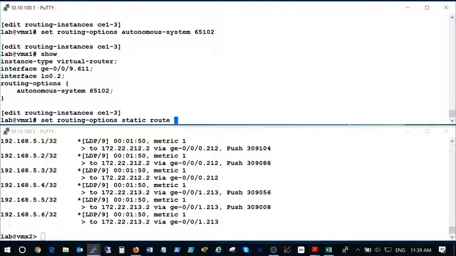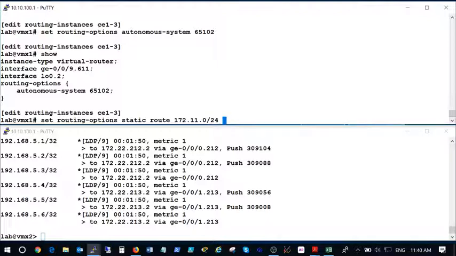So we're going to set up 4 static routes here. So we'll start with the first one. .0, and I could put .0.0 there. It wouldn't make any difference. I could do that, or I could just do that. Both will work. Slash 24,